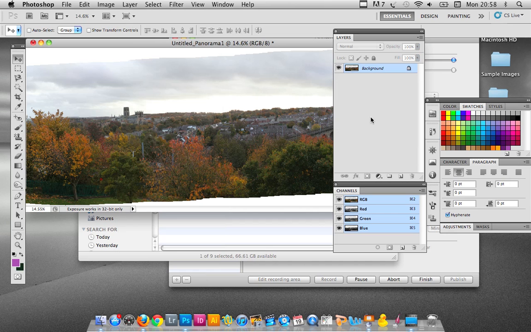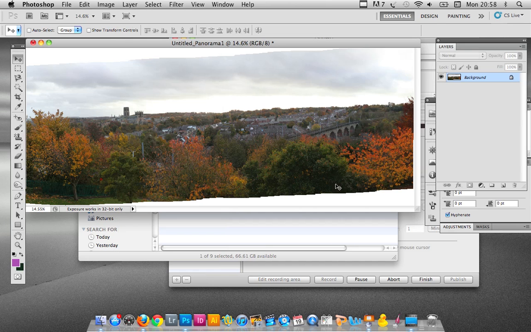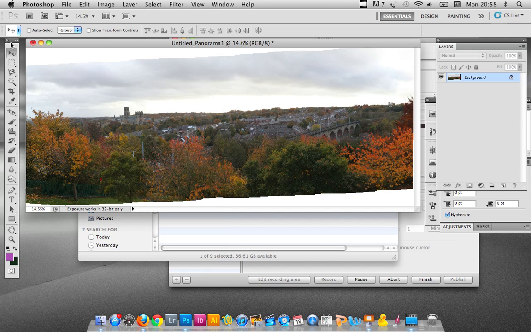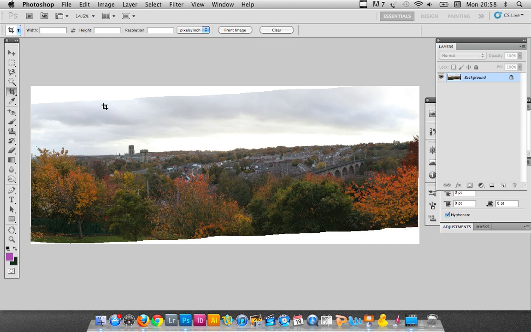Now you'll see this puts all of those into one image there, and what this will do is it'll reduce the file size quite a lot, because now it's dealing with one layer rather than 9. Okay, so I'm just going to move this layer palette out of the way so you can see this a bit more clearly, and we can get rid of that channels there as well. Okay, so now what we're going to do is we're going to crop the image. Now I'm just going to press the F key that makes this full screen. Now that it's full screen,